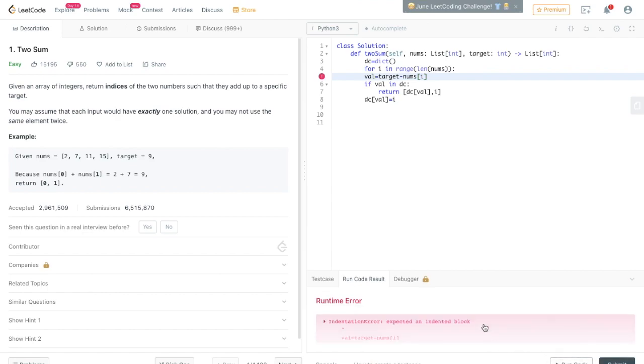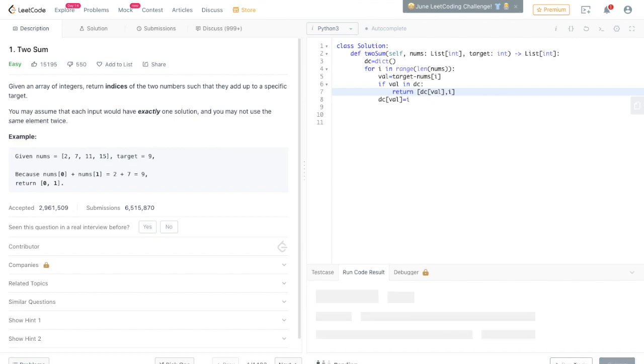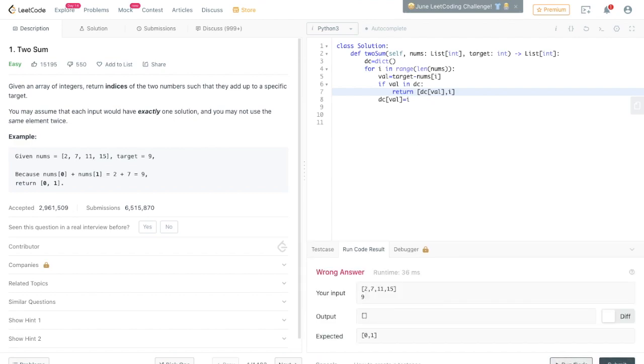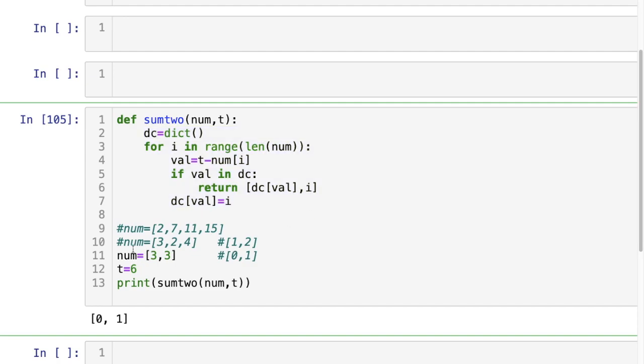So you can see here we are getting a runtime error, indentation error for if. Here we are getting indentation error. So we are getting wrong answer over here for this input. So let us execute here and see why we are getting wrong.